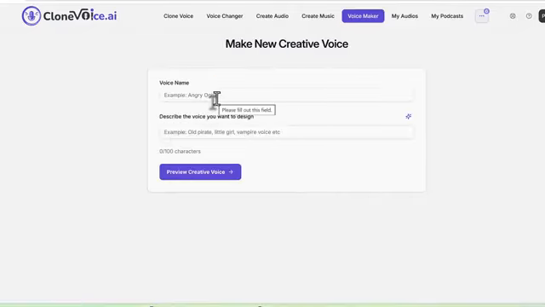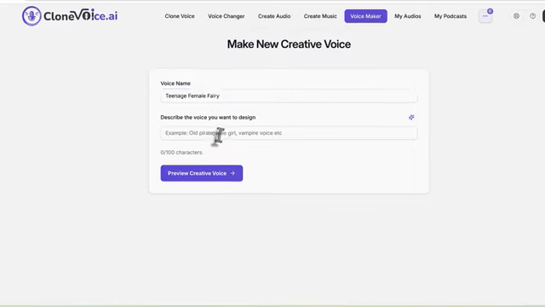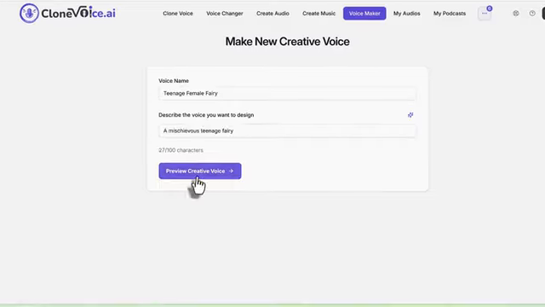So now here, the way it works is basically you can generate anything. So let's say, for example, I wanted to do, let's say, teenage female fairy. Okay. All right. So here you can make it short descriptions that are good enough, like an old pirate voice, vampire voice and stuff, a mischievous teenage fairy, for example, right?